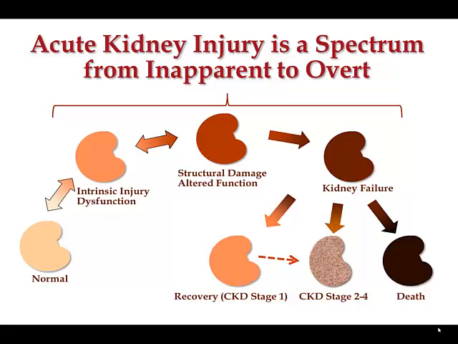Once the kidney is damaged, then it has a couple of courses. It can not recover. The patient can not survive the loss of renal function. It could completely recover, at least functionally or the way that we would ordinarily recognize kidney function. And after that recovery, there could be some progression to more advanced stages of chronic kidney disease, or the kidney may recover to some more advanced stage of chronic kidney disease.